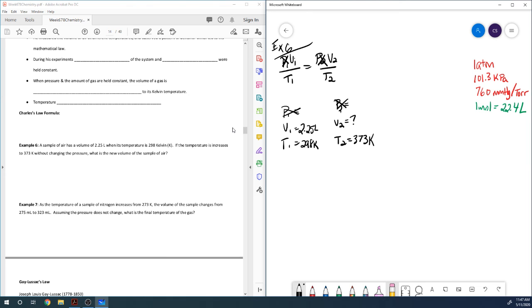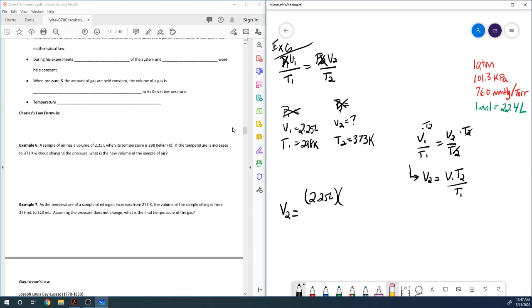So our new formula that we need is V1 over T1 is equal to V2 over T2. And we want V2. Okay? So to get it by itself, we multiply both sides by T2. And that'll cancel these out. So we now have V2 is equal to V1 T2 over T1. Now we can plug it in. So we should have V2 equals 2.25 liters times,